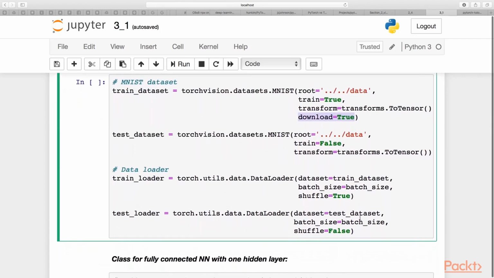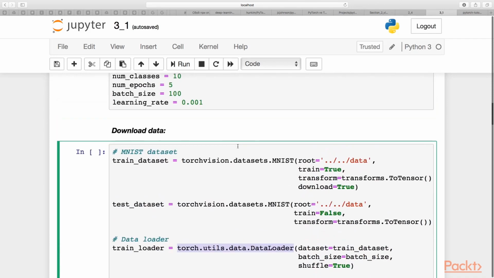What else? Also, you need to use a data loader. You can use it by simply typing torch.utils.data.DataLoader, and here you need to give your train dataset variable and test dataset variable, and here you should specify the batch size. You can just type and memorize this constant.